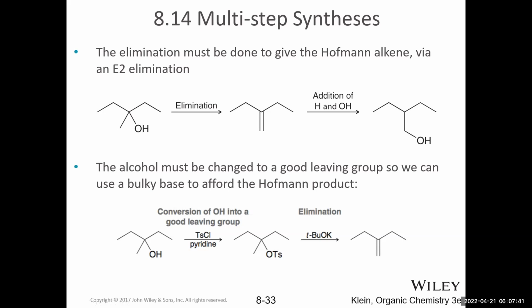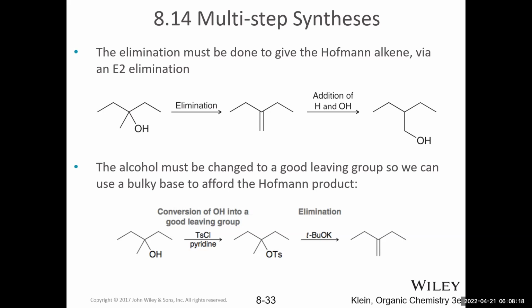So in terms of how we are going to actually accomplish these two steps, what reagents do we need? For the elimination, we need to recognize that OH is not a good leaving group for an elimination reaction. So we need to convert it to a good leaving group and get it to do an elimination reaction. Recall that if we use acid, that will allow the reaction to undergo E1, and we'll always get the Zaitsev product as the major product.